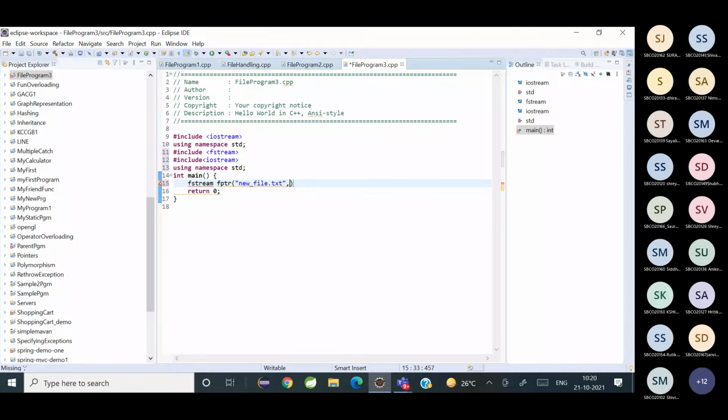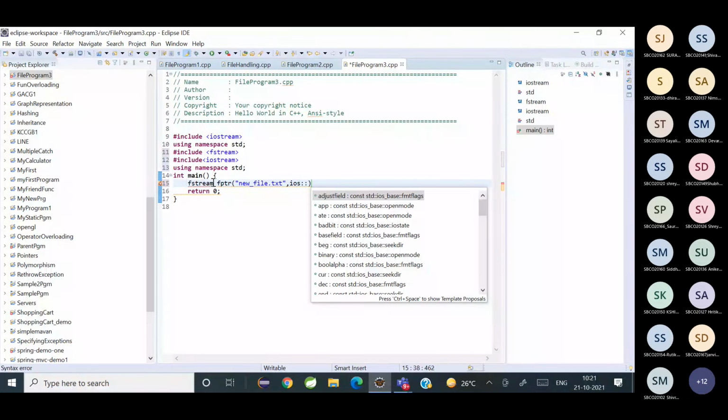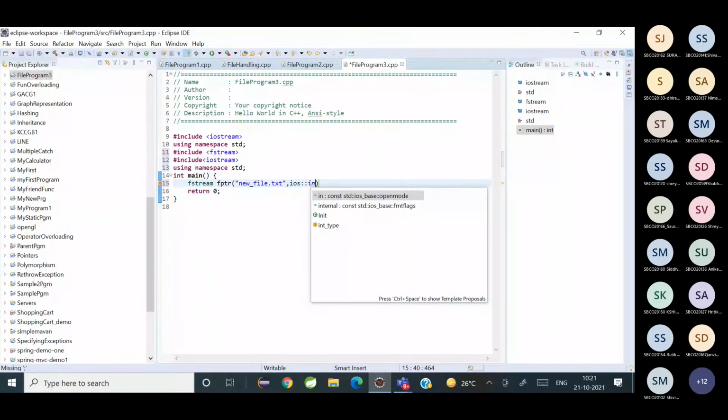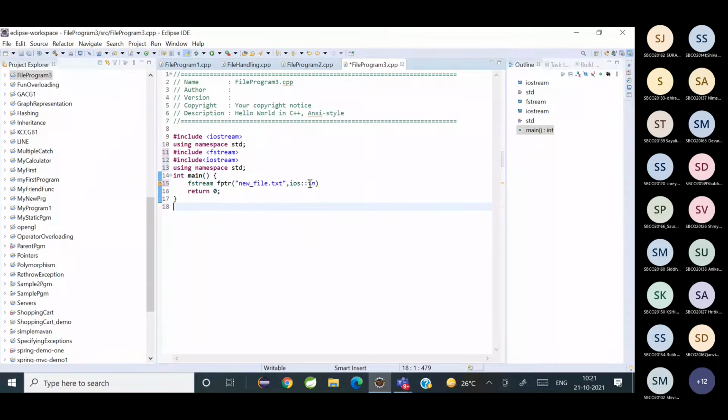Now, how to specify the mode is, I'll write ios scope resolution operator. If I write in, what does that mean? Yeah, it is open in input mode, means it's for reading the file. Okay.